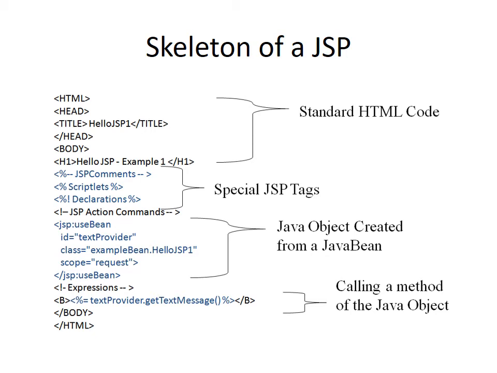Now we have not yet discussed action tags. There are many very important action tags like forward, include, and then useBean. We will discuss all the action tags in detail. Here the example shown uses a bean, a Java bean in my JSP, and the tag used is jsp:useBean. And if you find the difference, the action tags all start with the keyword jsp.